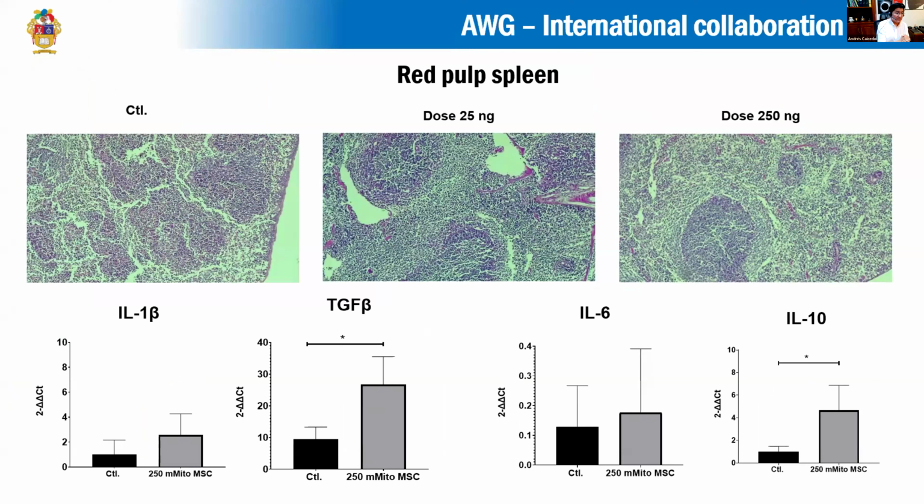For example, in the spleen, it seems that 25 nanograms to 250 nanograms of these mitochondria, intravenously administered into the mice, increase the red pulp size of the spleen, showing a pro-inflammatory response, and also induce different patterns of expression of cytokines, such as pro-inflammatory ones, but interestingly, anti-inflammatory ones as well,